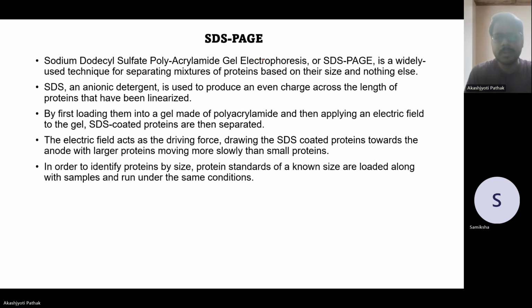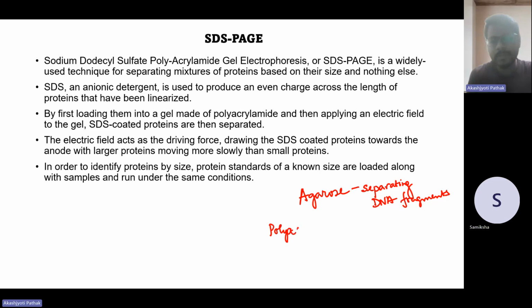No, sir. So agarose gel electrophoresis is used for what? For separating your DNA fragments, right? So if you want to separate your DNA fragments, you use agarose gel electrophoresis. But for separating proteins, what do you need? Polyacrylamide. You need to prepare a gel having